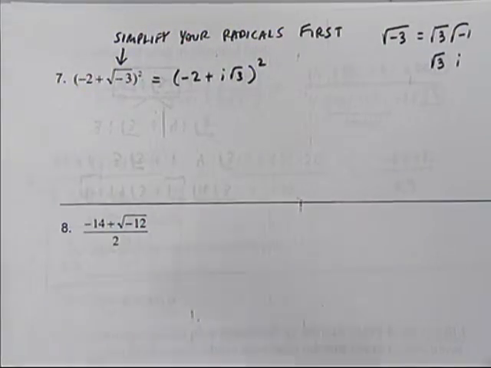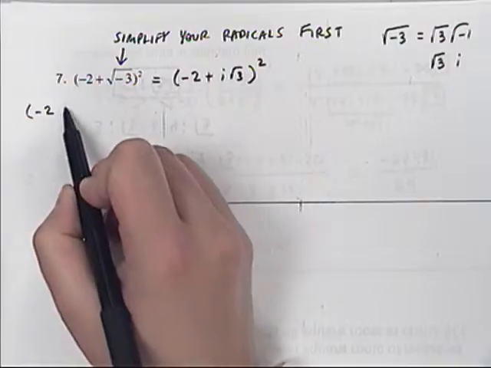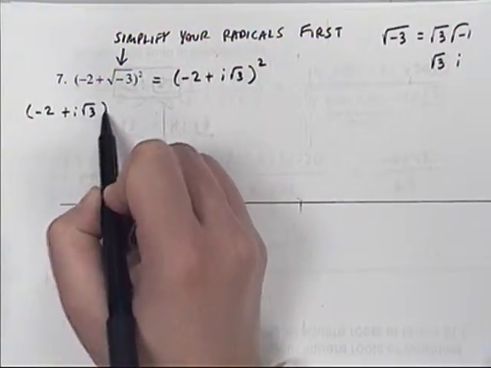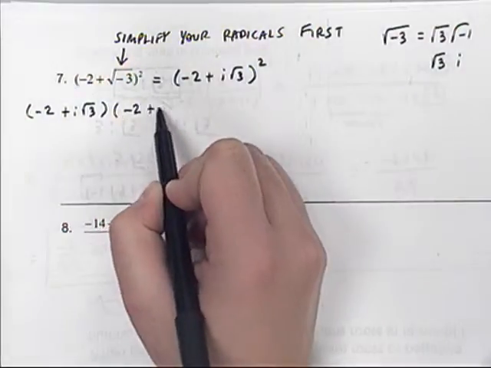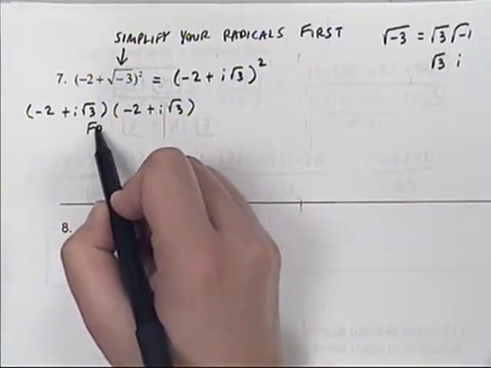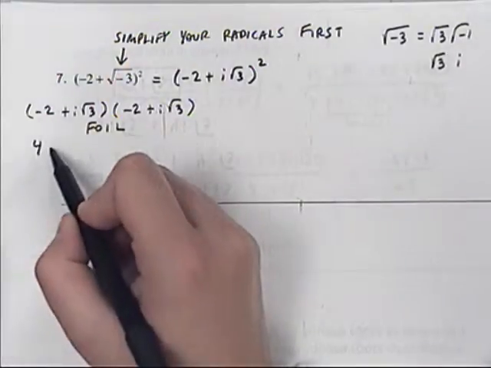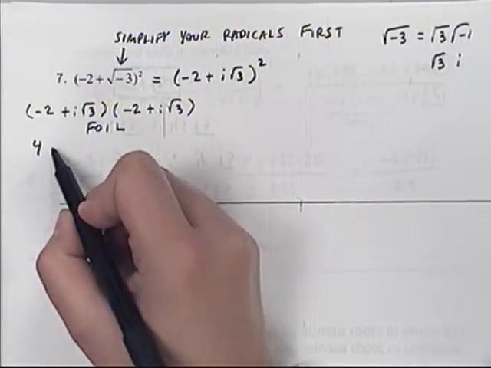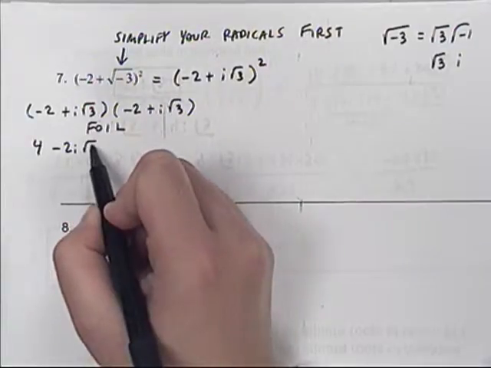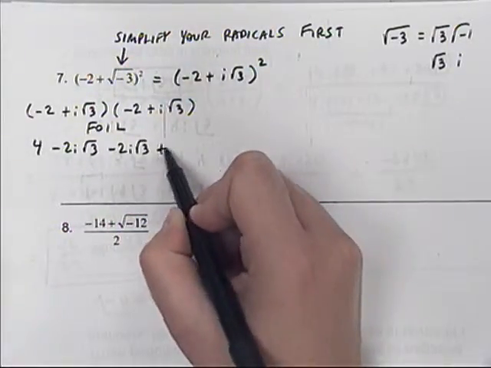Okay, now I can start focusing on the question as a whole. Basically, I have a binomial squared. When you square something, you're just multiplying that thing times itself. And as you can see, I have a binomial times a binomial, so I'm going to FOIL these out. Foiling them gets me first, outer, inner, last,